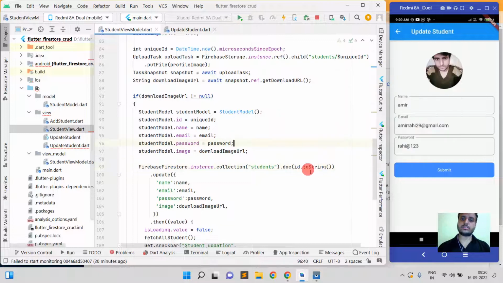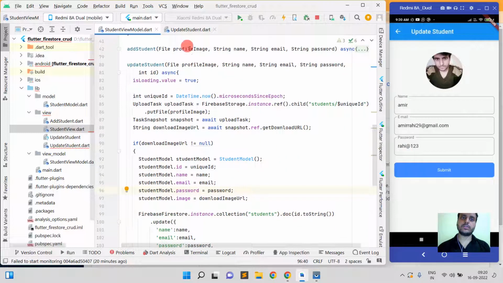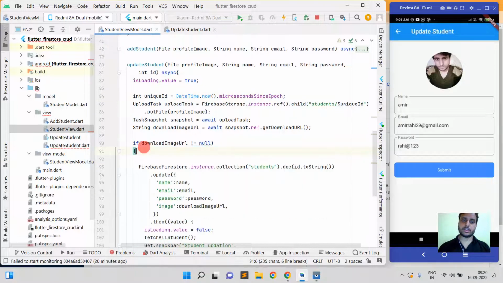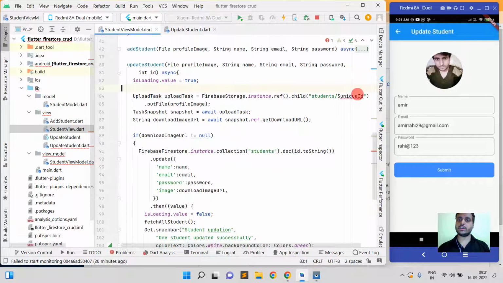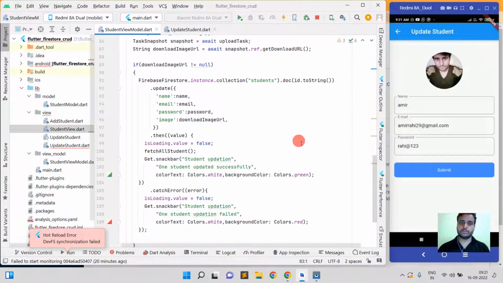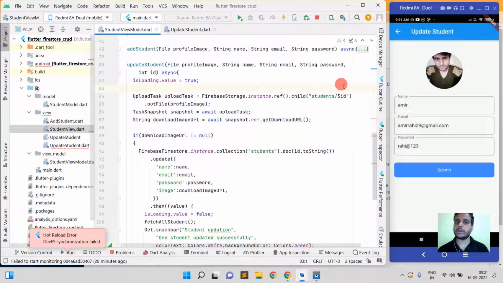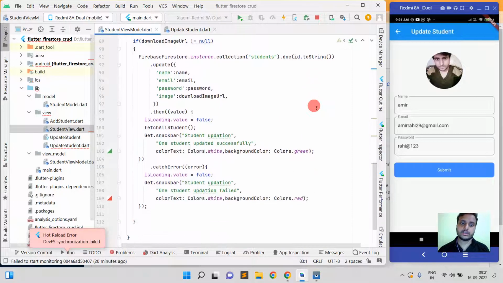And here I'll pass this id which is coming from update student. Okay, and remove this model from here, and remove this also, and here I'll pass id, so our profile image will not repeat again and again. Okay,